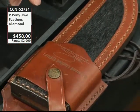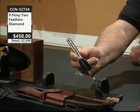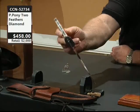All right, check it out. Artwork on this. Absolutely beautiful. Painted Pony,